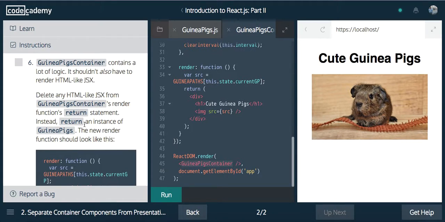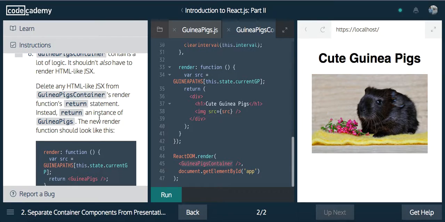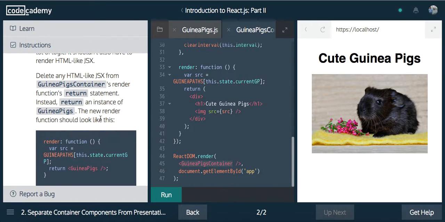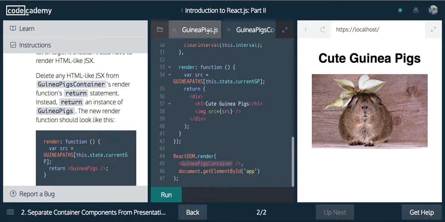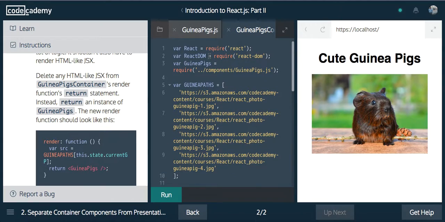6. Guinea pigs container contains a lot of logic. It shouldn't also have to render HTML-like JSX. Delete any HTML-like JSX from guinea pigs container. In the render function's return statement, instead return an instance of guinea pigs. Okay, so instead of all,